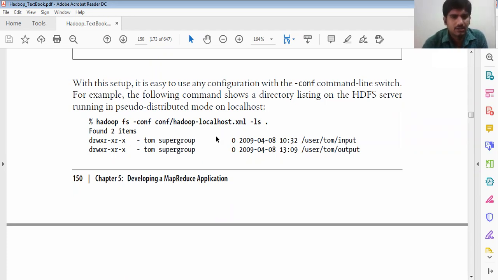We have Tom supergroup entries with the date and time, and we found two items. We know that MapReduce has two types of functions, the map and reduce functions.